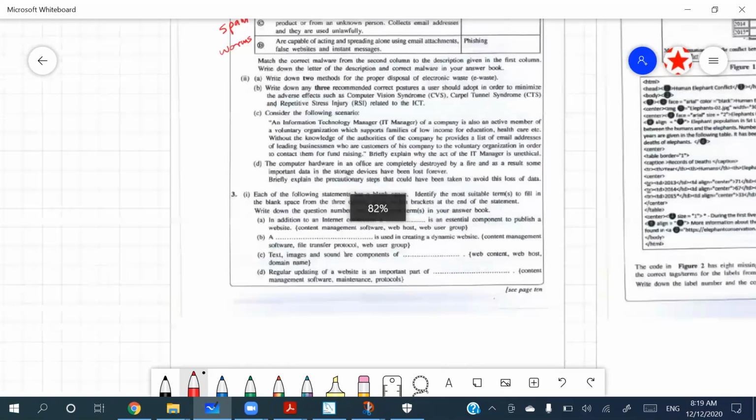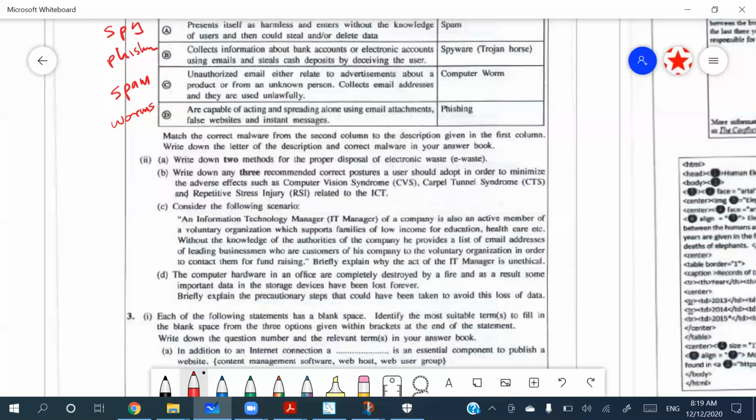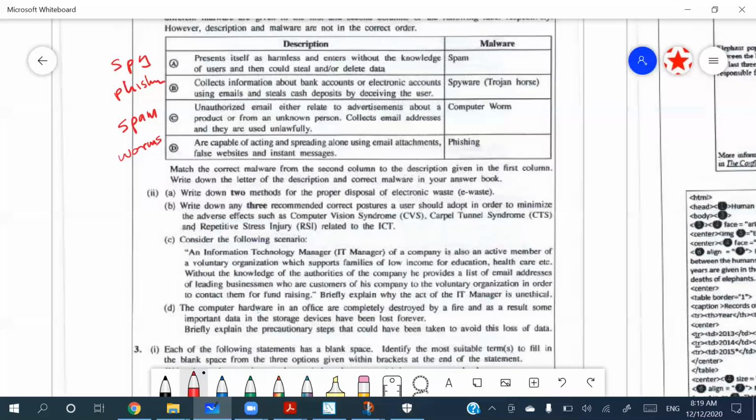according to this question, they are asking to write down 2 methods for the proper disposal of electronic waste. So recycling, we can't use that for this disposal method. We can use reduce and reuse only,